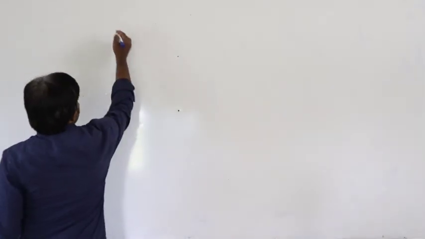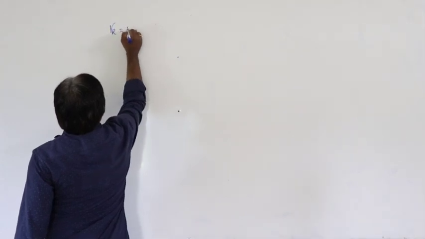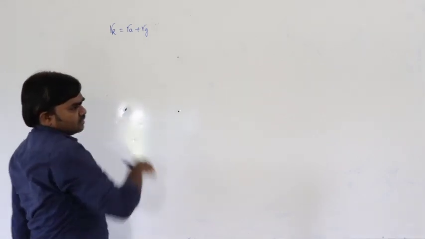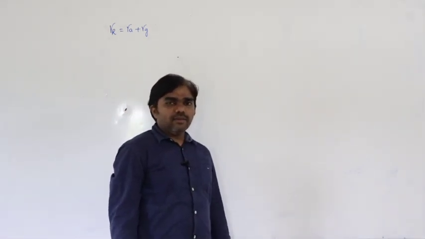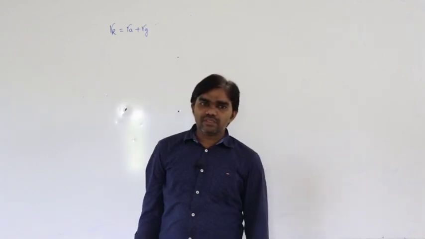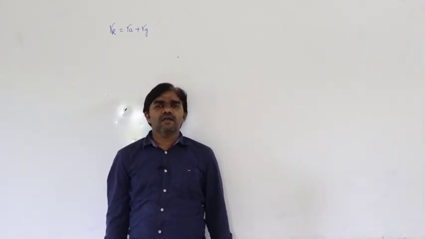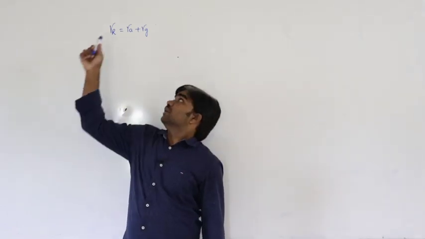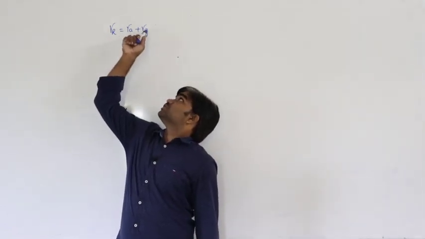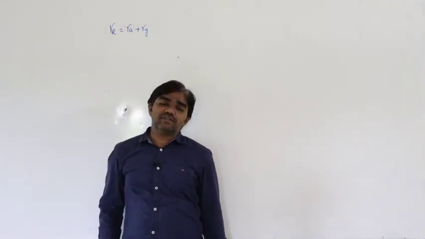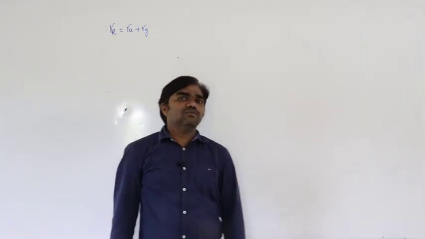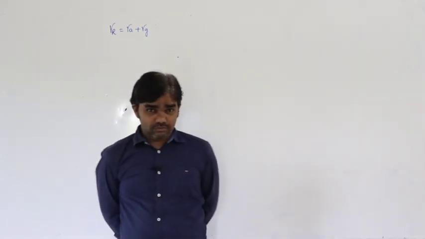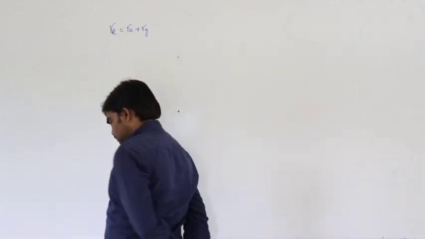So we know the values. Gamma R is equal to gamma A plus gamma G. That is the relation. Now in this situation, gamma R is the quotient of real expansion, gamma A is the quotient of apparent expansion, gamma G is the volume expansion of the container. Okay, well and good.